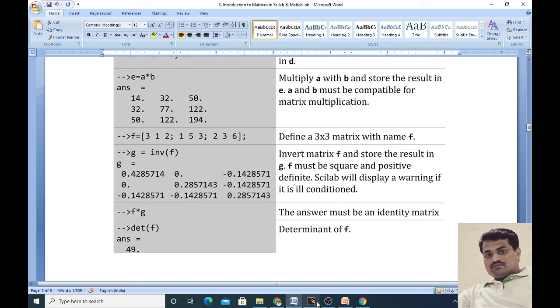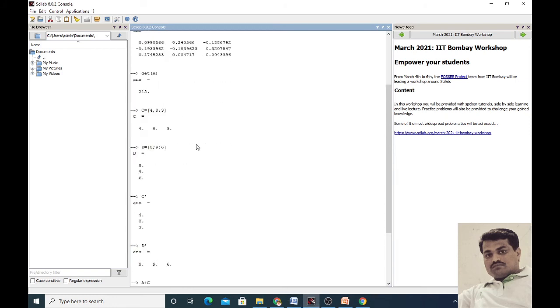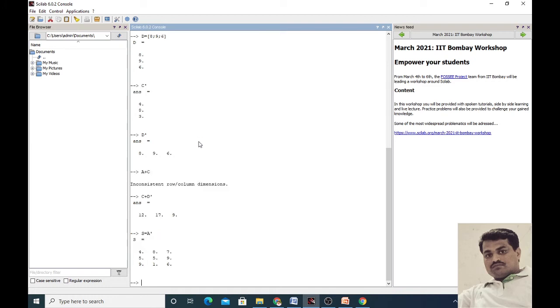Then, for example, we know the matrix A is a 3 by 3 matrix. Suppose we define capital S as the transpose of matrix A. We get this new matrix.